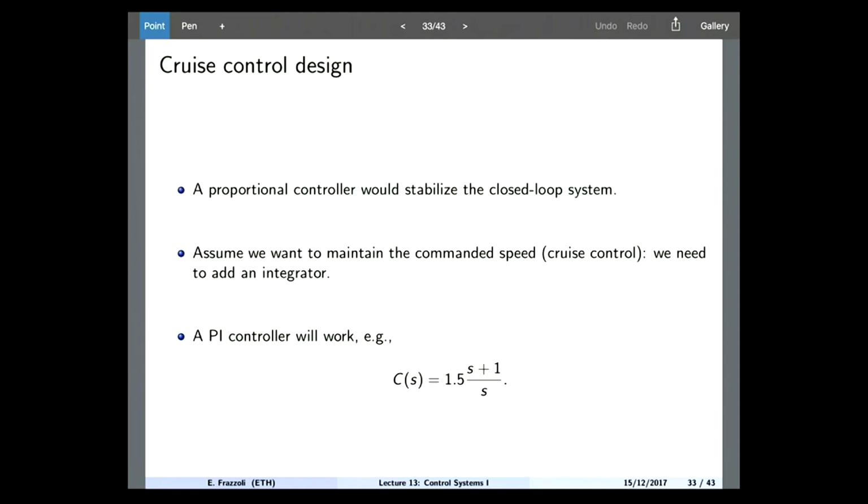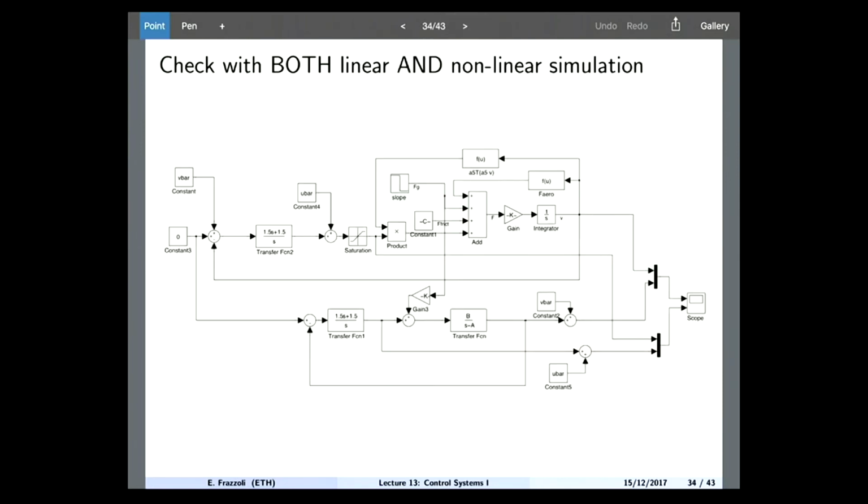By adding an integrator, okay? So, in this case, a PI controller will work. We can choose this particular structure for my controller. And, okay, so this is what it will look like if you really want to do it in Simulink, okay? And in particular, what I did in this case is